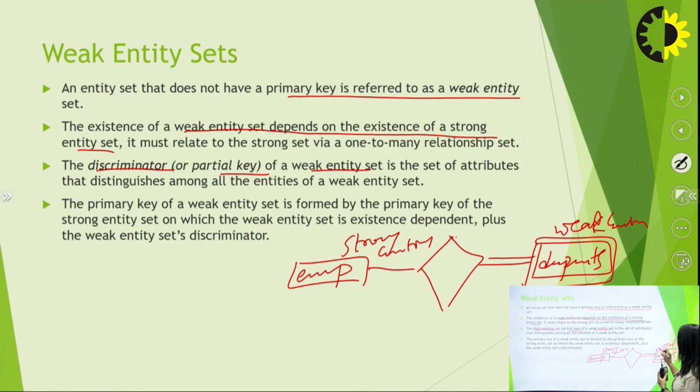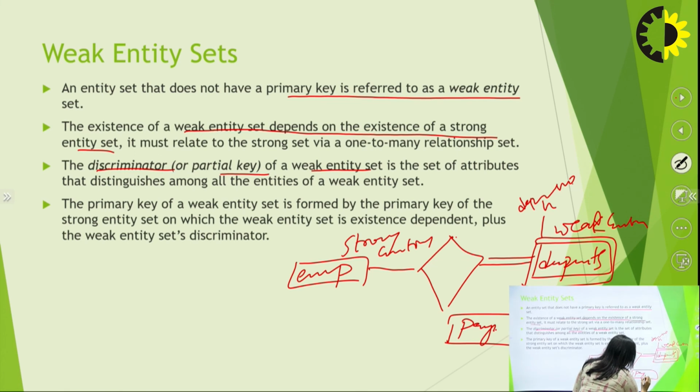So the dependent number or whatever, if we are giving some number to this dependent, then dependent number, or we can take one other example like